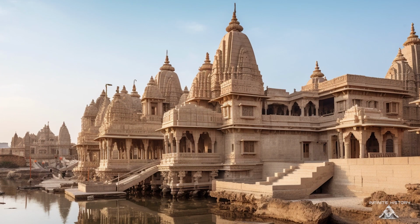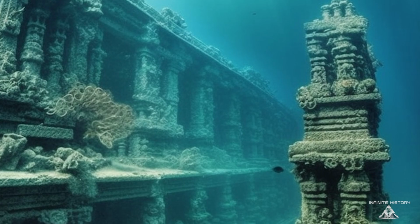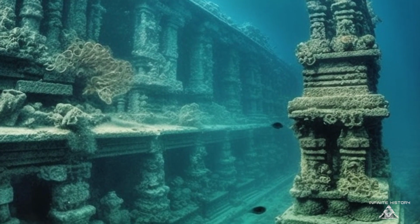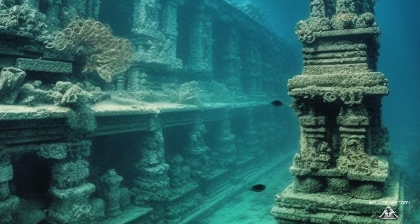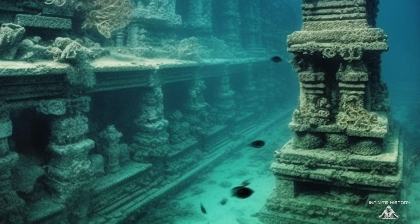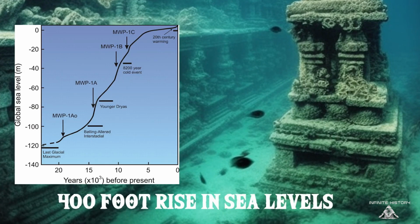And discoveries such as this one of a once thriving city in the Gulf of Kambat provide us with irrefutable evidence of an advanced culture that once inhabited this area, only to be hidden within the ocean and sands of time. Over the past 15 to 20,000 years, the sea level has risen 400 feet, or some 120 meters